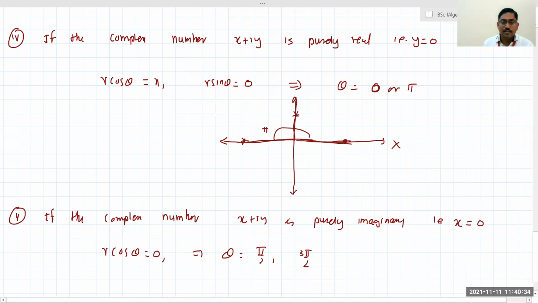If it is here, then the angle is 90 degrees. But if it is here, you have to write between minus pi to plus pi. So instead of 3 pi by 2, I can measure it in the clockwise direction. It is minus pi by 2. So the angle is either pi by 2 or minus pi by 2. If you measure like this, it will be here, it is minus pi by 2. But if you measure in this direction, it is 3 pi by 2. So 3 pi by 2 is nothing but minus pi by 2.